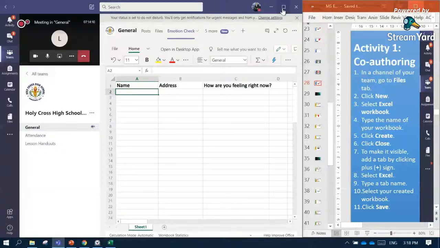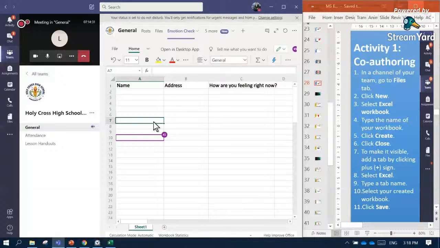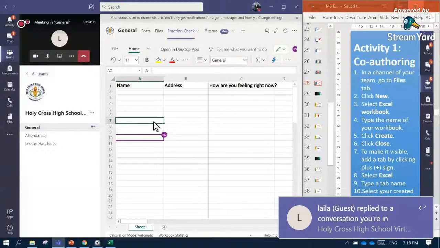Okay, so as an alternative way for you to create a workbook for co-authoring with your students, you can use the web application. If your students cannot access this tab here, you can utilize the web application of Excel.